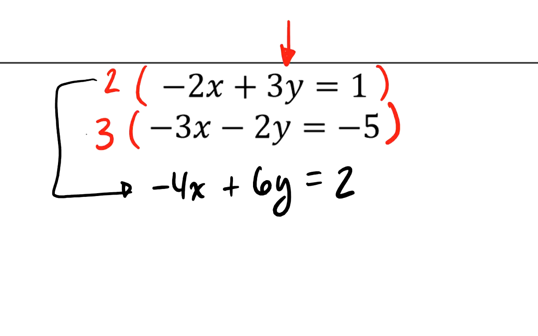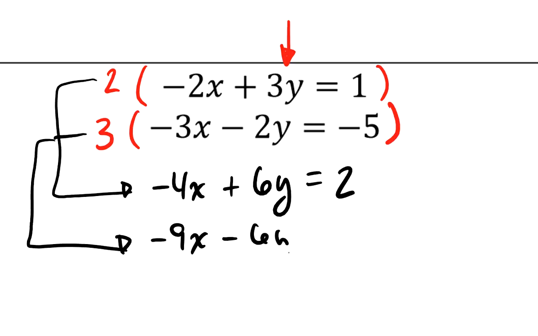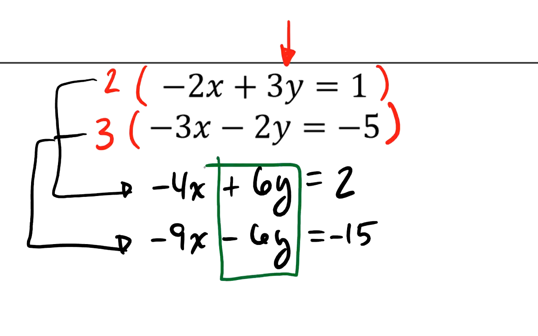I'm going to do the same thing with the second equation. I'm going to multiply it through by the number 3, and this will become a negative 9x and then minus 6y. That's right, minus 6y, and that should equal negative 15. So now what's nice, because I set it up this way, you can see my y's are opposites, right? I've got a positive 6y and a negative 6y, thus it will eliminate when I take equal things and I